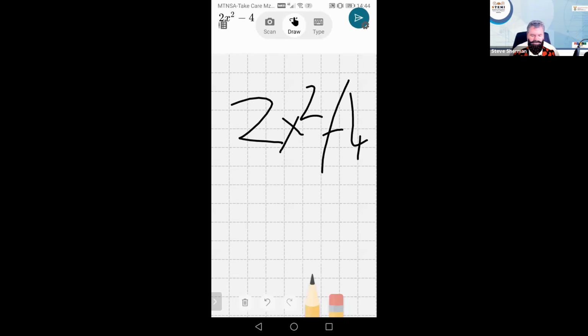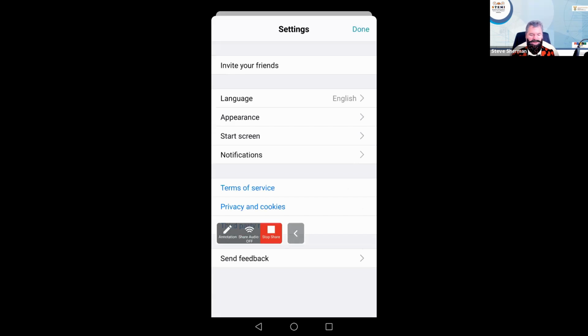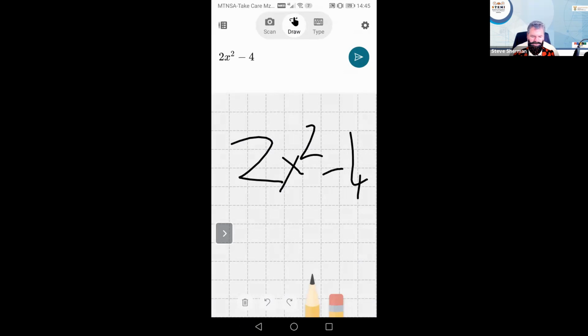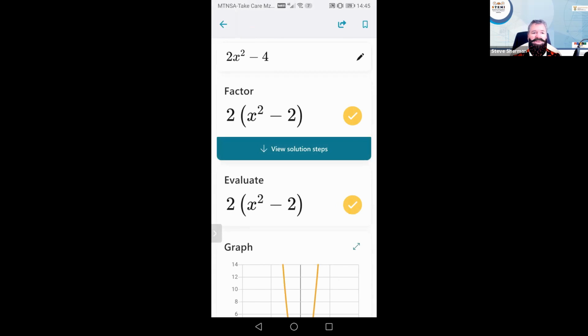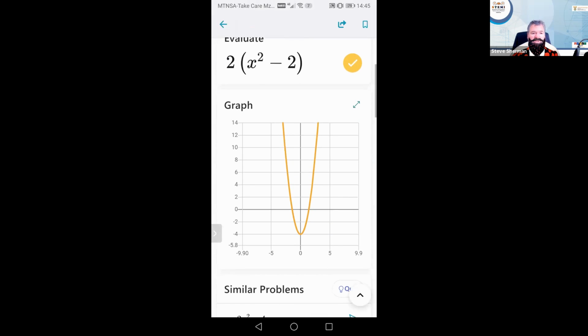And it's not letting me. So today I think the internet is just too slow for some unknown reason. It's not letting me do that. But if I do click on the thing, there we go. It's supposed to. Yeah, there we go. If I click on that, it's supposed to solve the question, show me the different steps, show